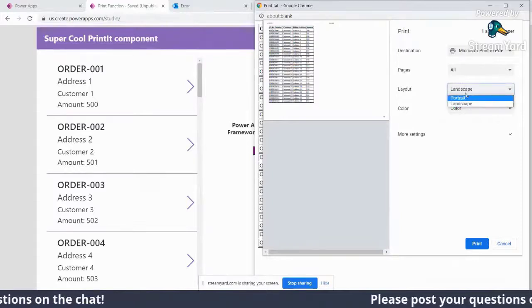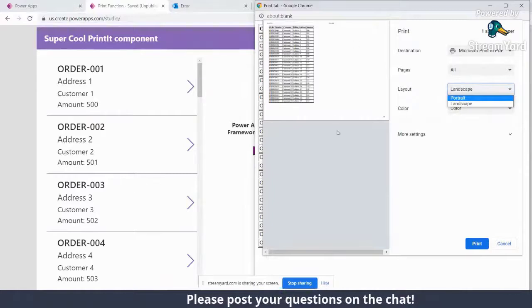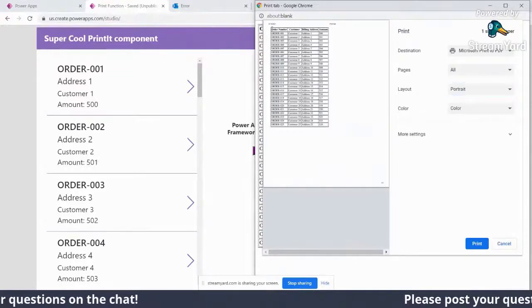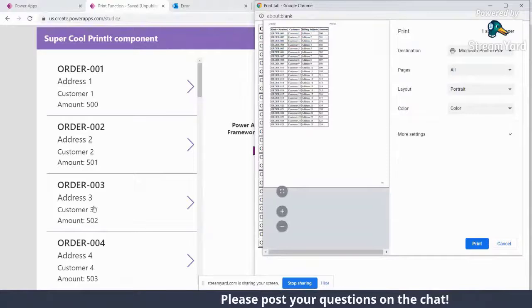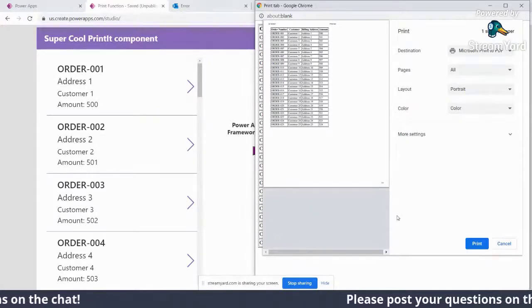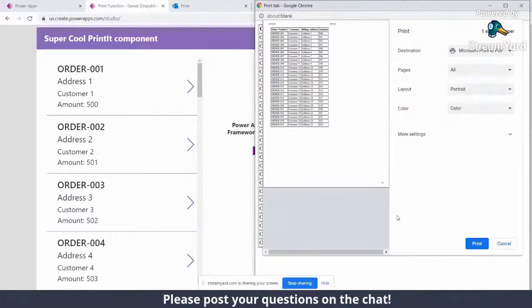Because most of the printed document is empty, I'll just change the layout to portrait. And now you see the order number, customer, billing address, amount, whatever I'm showing here, is exported as a document, and I can simply save it with these details. I can export it from the Canvas app itself.